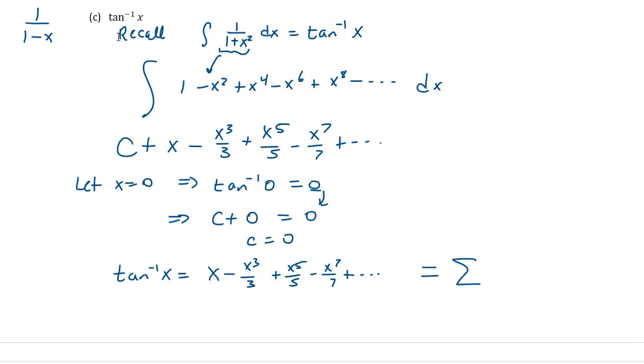Okay, so how would I write that in summation notation? What I would do is I'd just kind of reverse engineer this guy. Notice that my powers are all the odd powers. So if I start with n equals 0, then it's x to the 2n plus 1, that's an odd number. Plug in 0 into that, you get 1. Plug in 1 into that, you get 3. Plug in 2 into that, you get 5, and so forth. And so that's